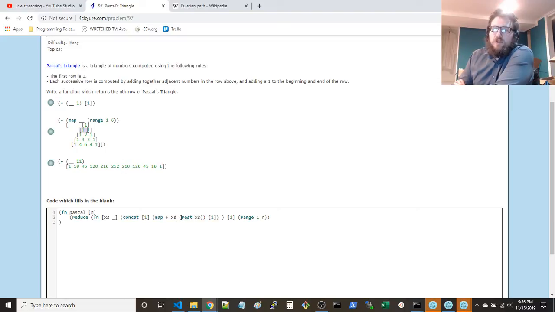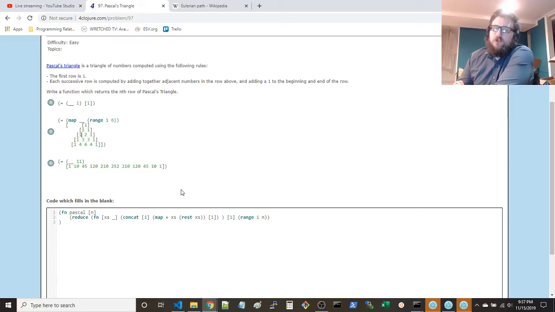So for 1, you end up adding 1 and nothing, which is just nothing. So then you just end up with 1 and 1 concatenated. And then the next iteration you say, let's do 1, 1 as one vector, and then the next vector is just another 1.